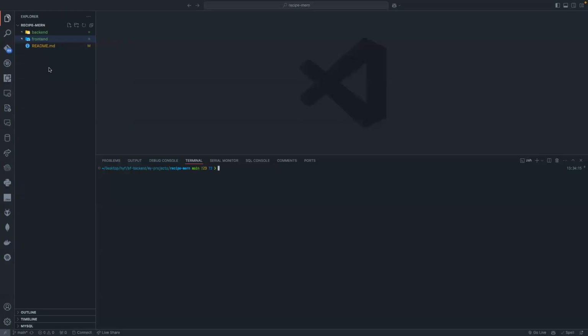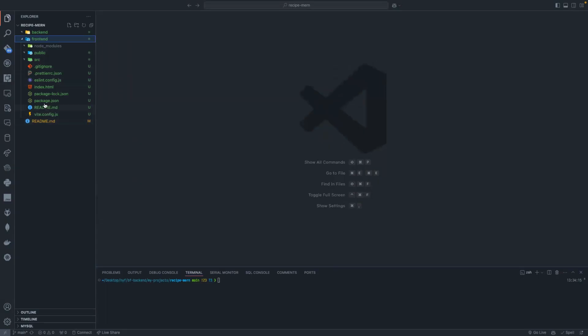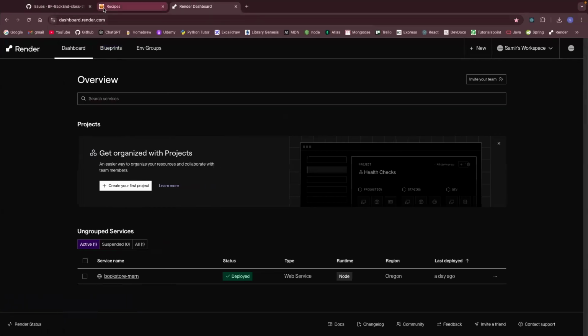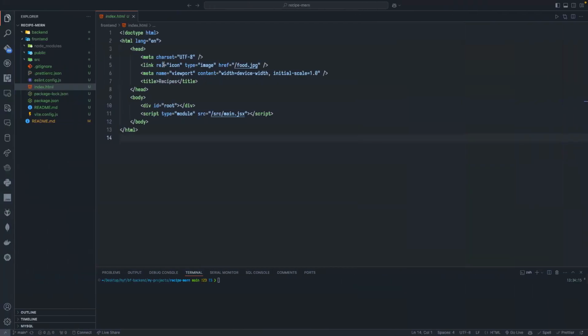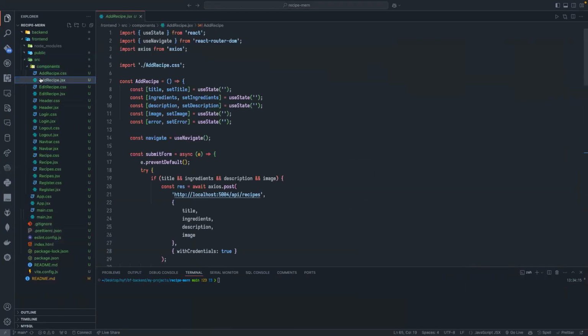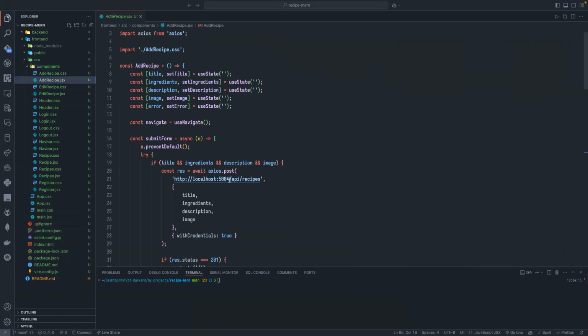But before I do that, my front end here, I need to check, is my front end good enough? Did I forget anything? And remember, I have an icon here, which is food. I replaced it because if you go to the website here, see, I have icon food. I replaced this one. Fine. And the first step, it will be this way. I need to go to all the recipe, add, and so on. And I need to find this one, HTTP localhost